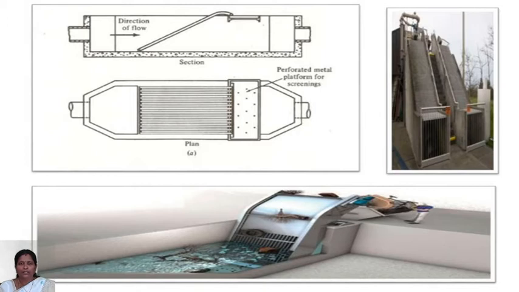The figure shows the bar screening. This setup is called a screening arrangement. This is the bar screen, which is provided with an incline to the tank. This screening arrangement filters the coarser particles of waste matter available in the raw sewage. This is the plant diagram. Here a perforated metal platform for screening is available. This is the cross section of the screening, so this is your inclined portion, the inclined bar screening.